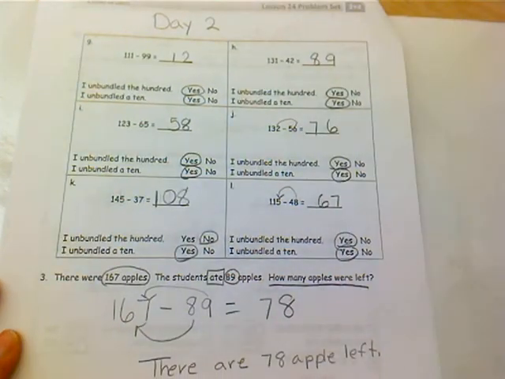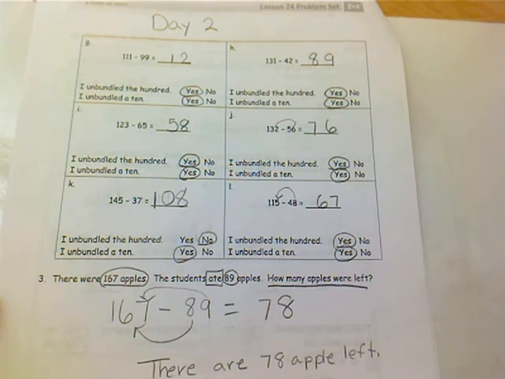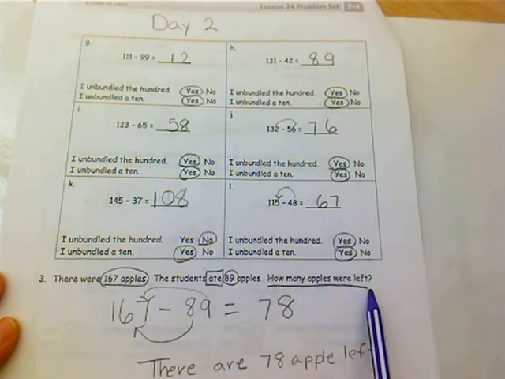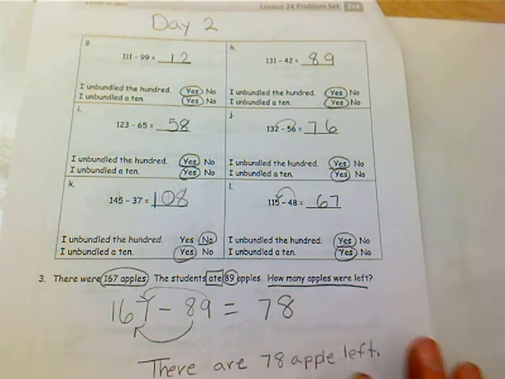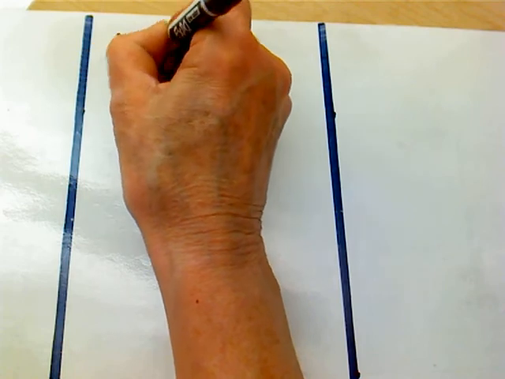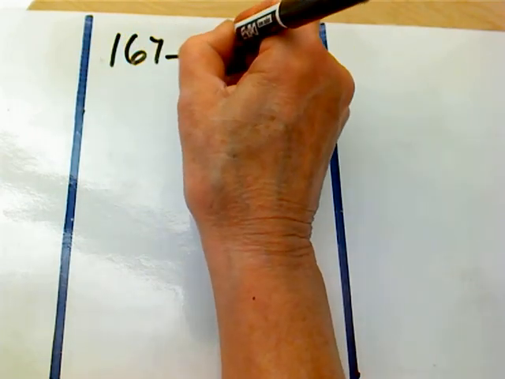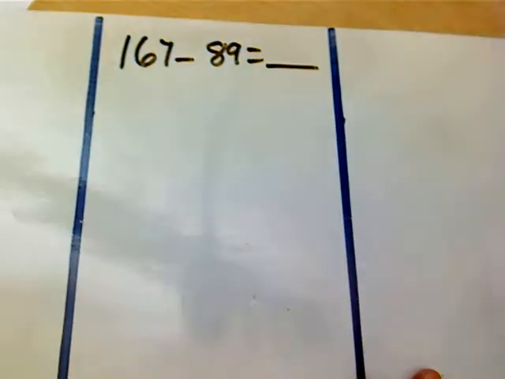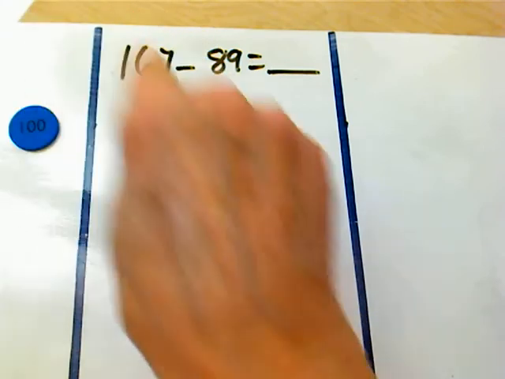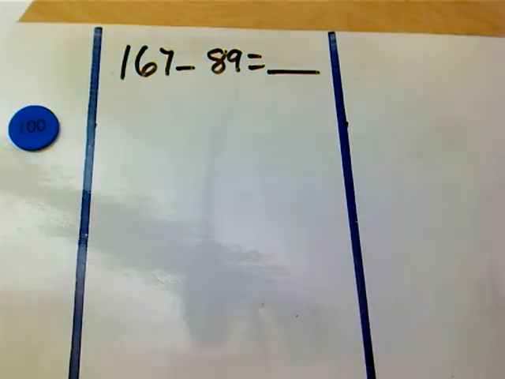All right, so looking at our word problem, we have 168 apples, and the students ate 89. How many apples were left? You needed to set this problem up on your place value chart. I think we'll do this one together. So I am going to say I started off with 167 apples, and the students ate 89 of those apples. So if I did that, then I was working this on my place value chart. I have to show my whole as 100,